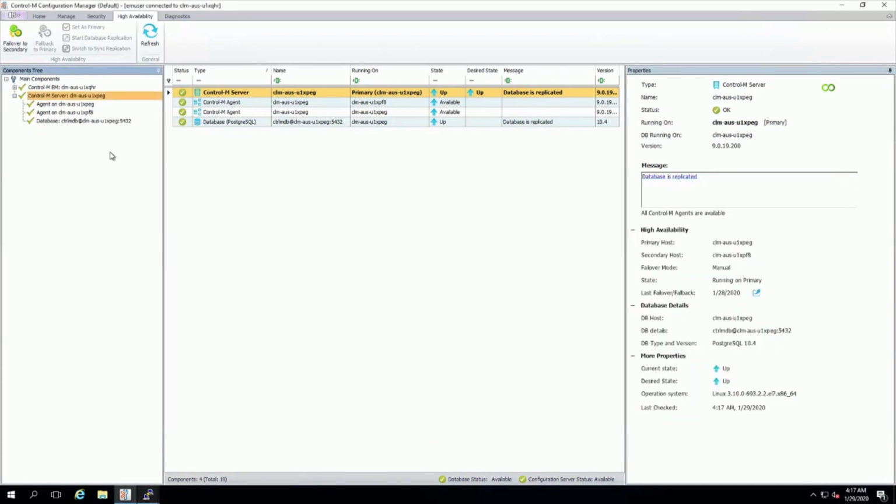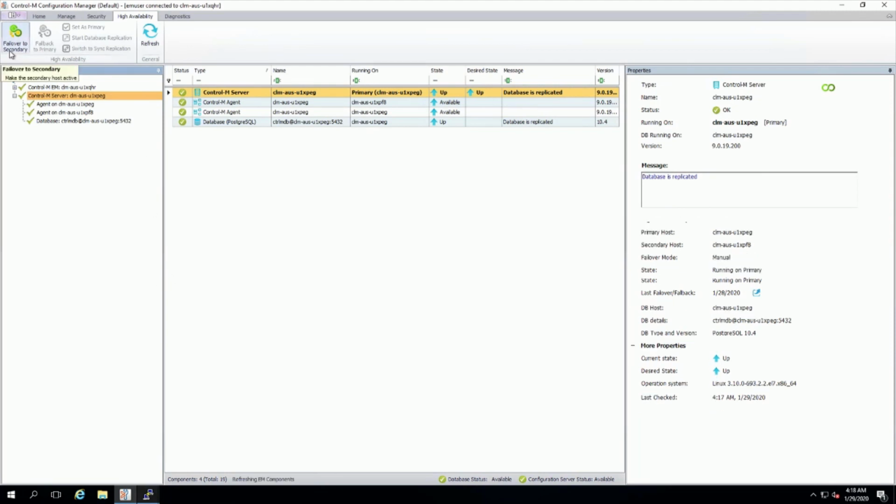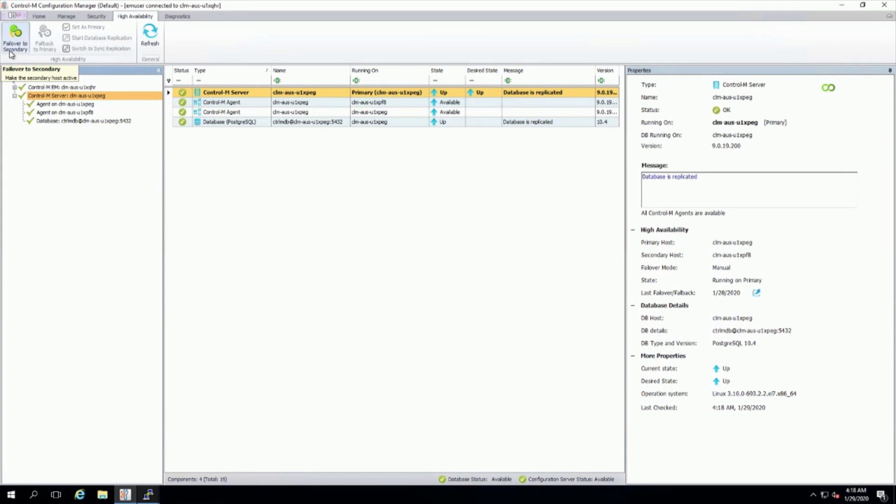Okay, looks like our replication is completed in the background. The message area displays databases is replicated, and now our environment is HA ready and is ready to be failed over if necessary. And failover to the secondary can be initiated from this button in the configuration manager, or let's